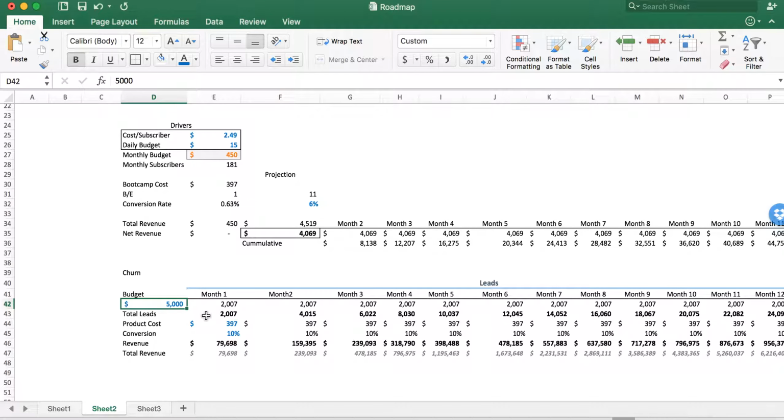So if you see any number in blue in this model, or in any of the models that I've sent you before, you'll know that that's the number you change, right? That's the number that we're going to build this model around to really understand the core metrics of our lifestyle business. As you guys can see here, the two numbers we're looking at right now are cost per subscriber